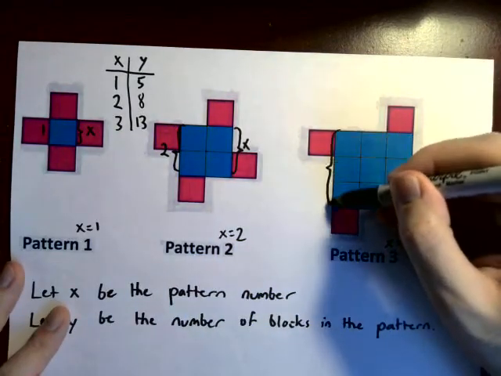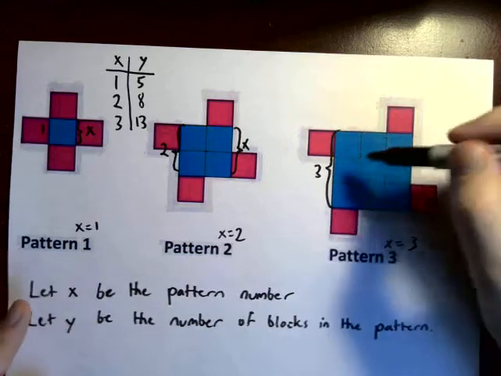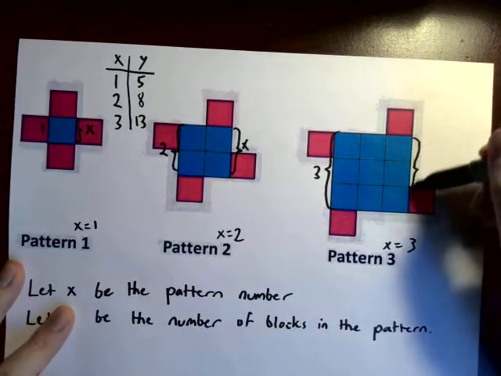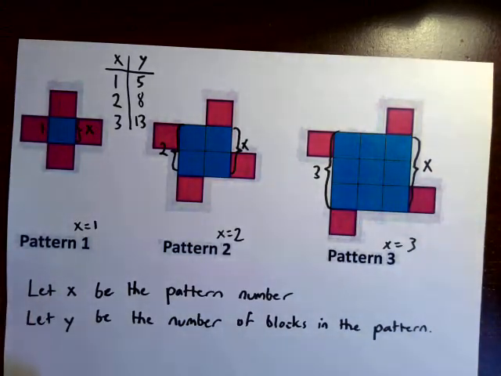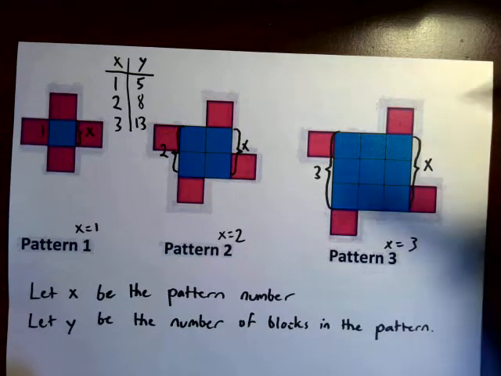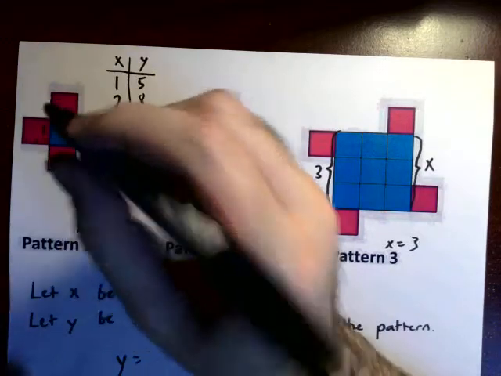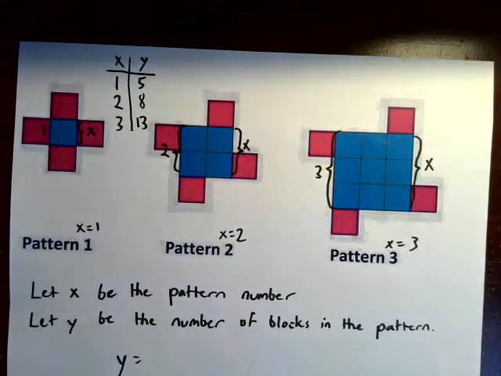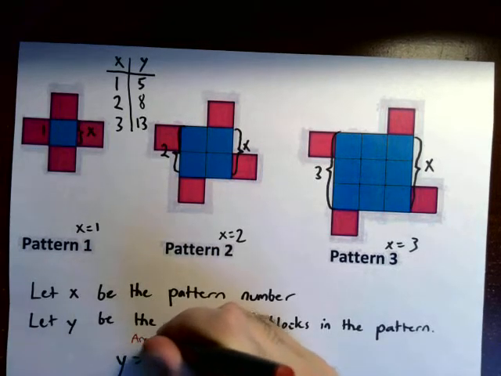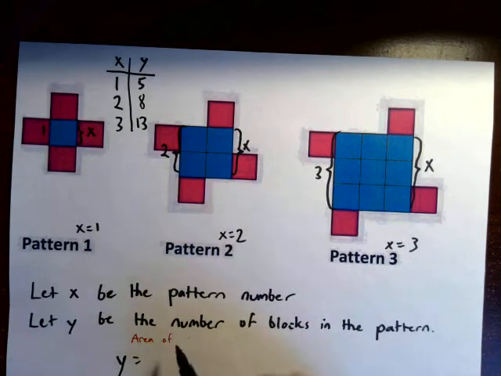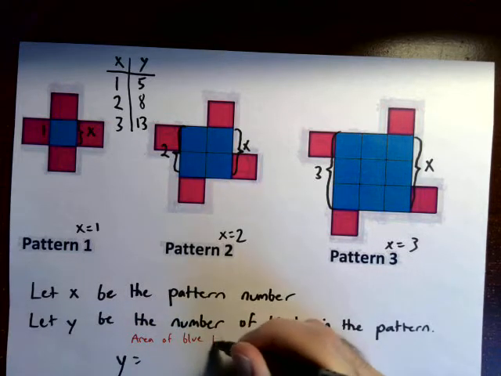And then one side length here for this square would be 3, but as we know for the blue, that's just x. So if we want to find the area of the blue blocks,